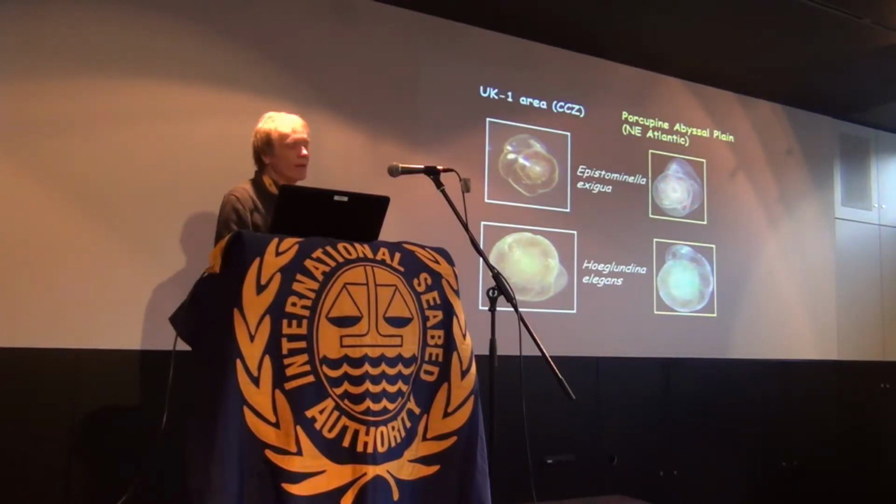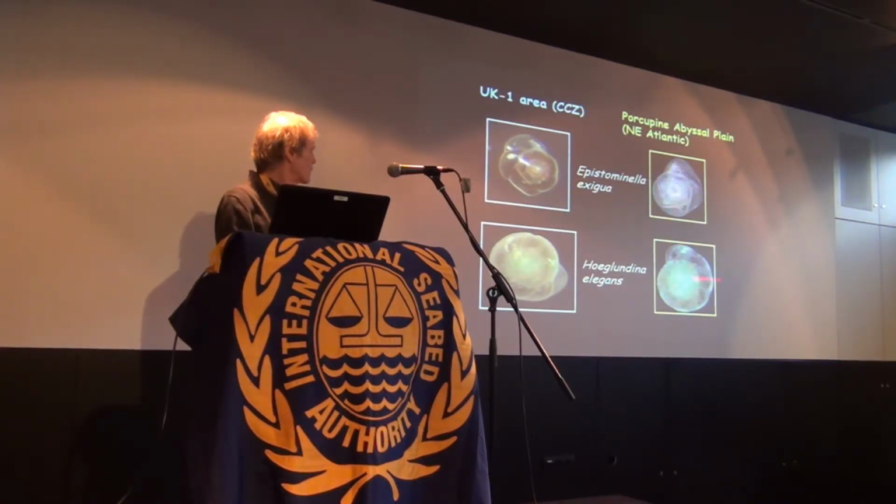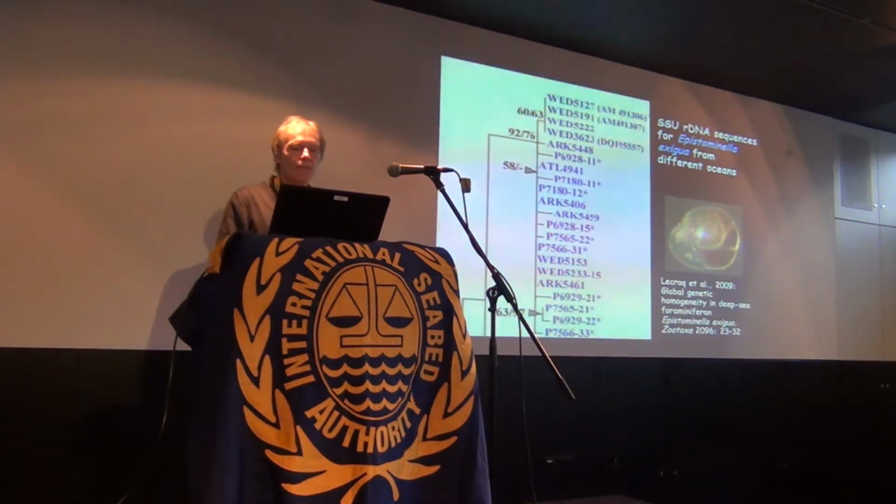Epistominella exigua, a very well-known deep water foram, occurs in the UK1 area and in the Porcupine Abyssal Plain. Pullenia elegans, another very well-known deep water species, looks very similar in these two areas. And in the case of Epistominella exigua, there are a lot of genetic sequences